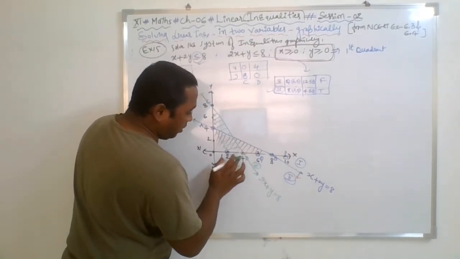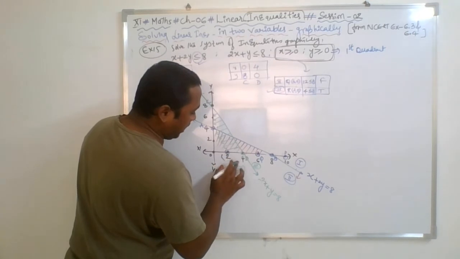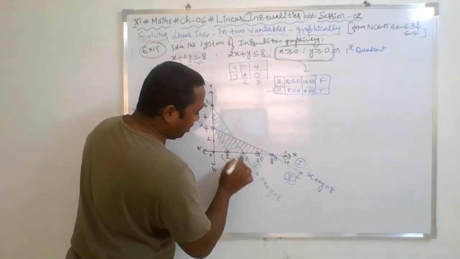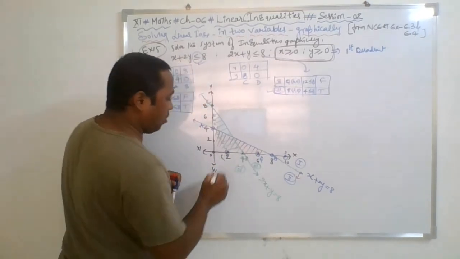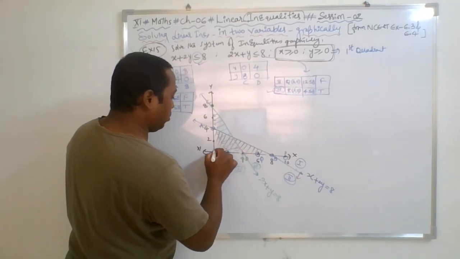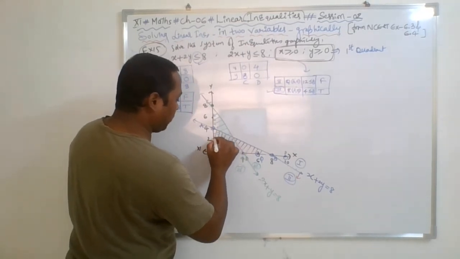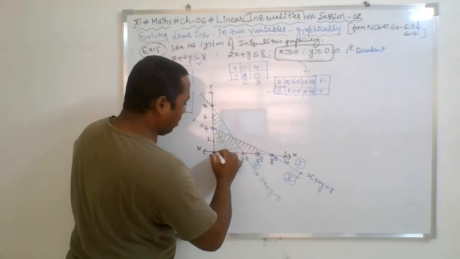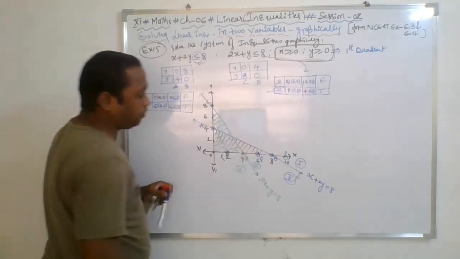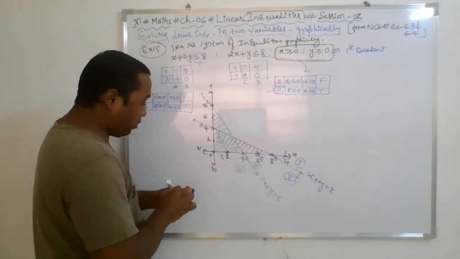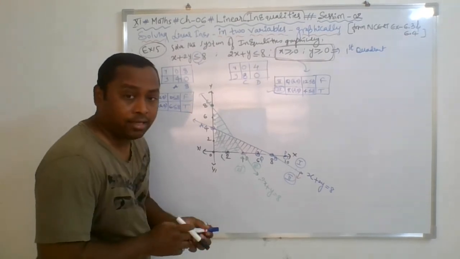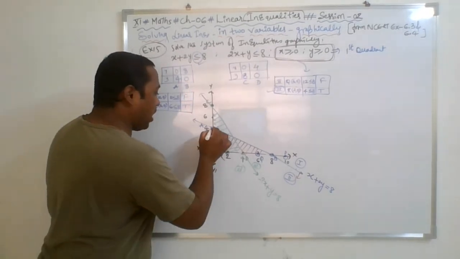ओह सॉरी, हाँ, you cannot cross the first quadrant. Your shaded region cannot cross the first quadrant. So your shaded region will be this one. थोड़ा सा पूरा फर्स्ट क्वाड्रेंट कवर करने की कोशिश करिएगा. So what is your shaded region? You may highlight that region even with the darkened one.